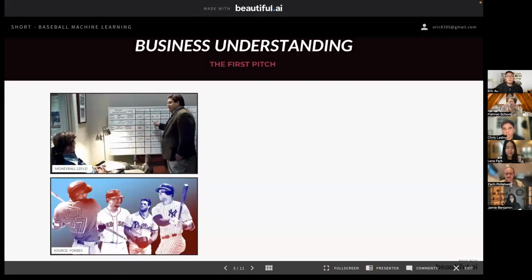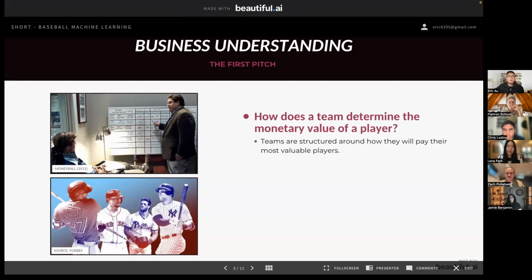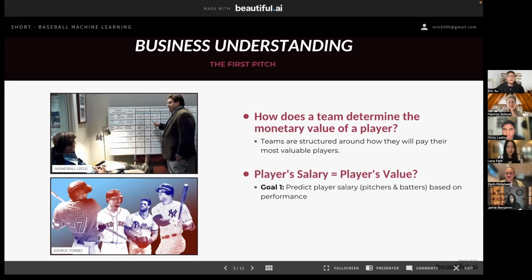So if you're a sports fan or a fan of the movie Moneyball, one common issue that teams face is how they spend and allocate money when it comes to building a team. And just like any business, a Major League Baseball team operates very similarly. The core subject in Moneyball was how smaller market teams such as the Oakland Athletics can compete with larger market teams like New York and Boston, who ultimately have a lot of freedom to spend much more money, right? So for my capstone, I wanted to explore that a little bit further and predict the MLB player salary,